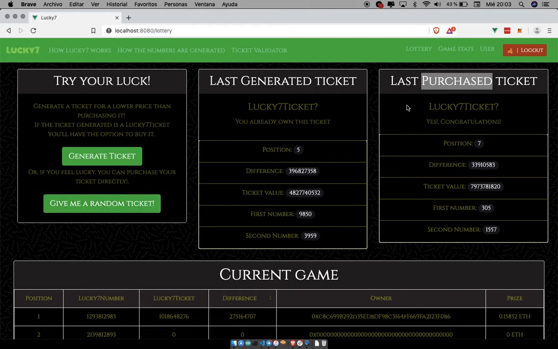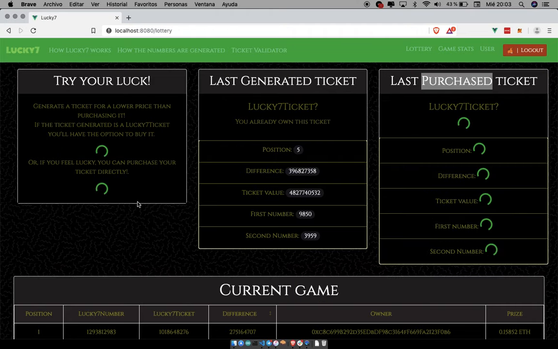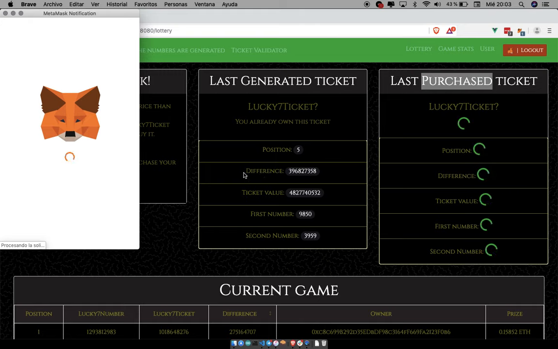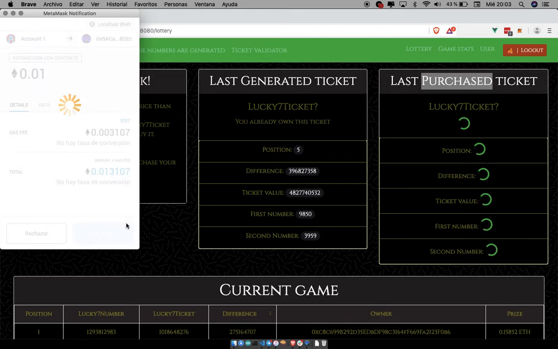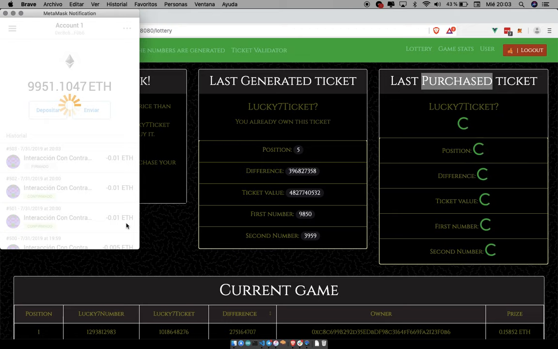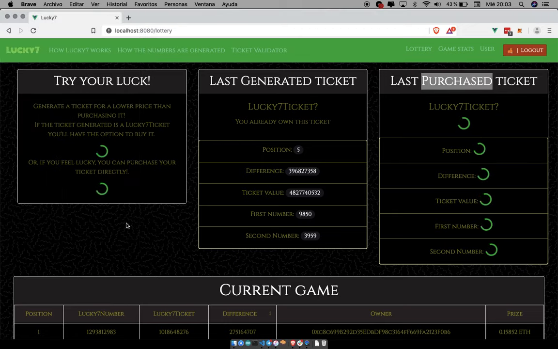What is the difference? This is cheaper than this, and the idea is if you feel lucky you can directly buy a random ticket, and the MetaMask pop-up is going to appear. We are going to confirm the transaction and there it is,